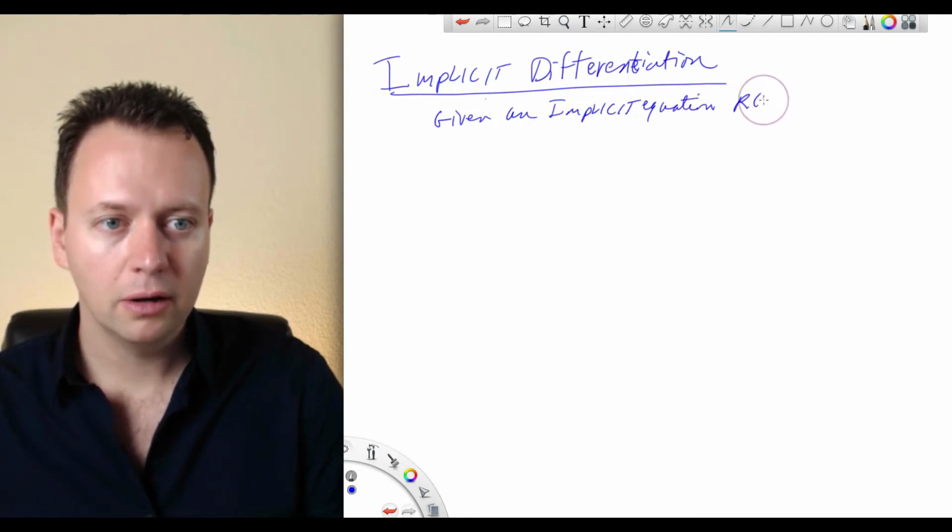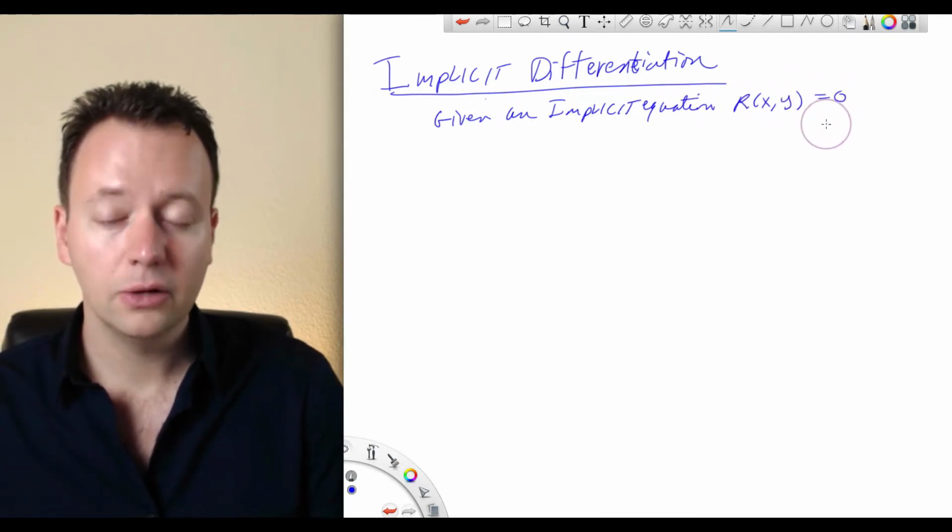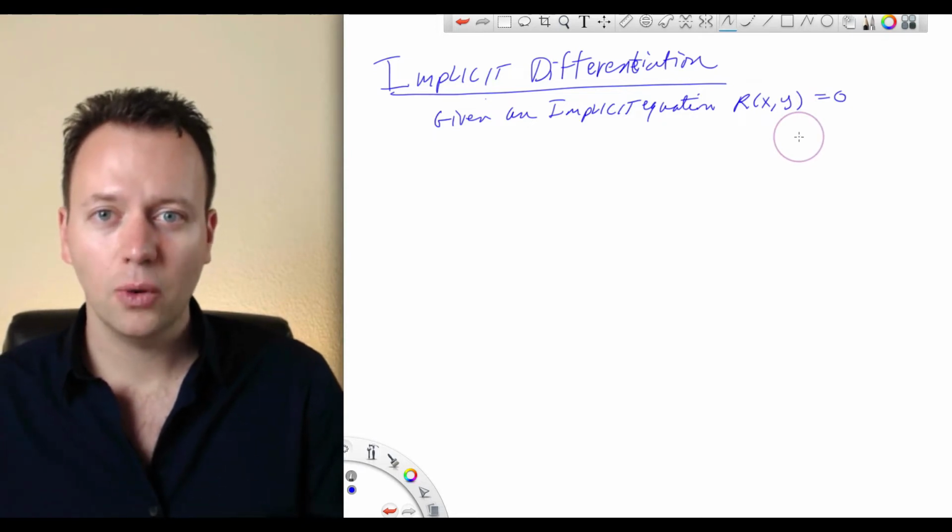Here we have r of x, y is equal to 0, we can actually differentiate this equation with respect